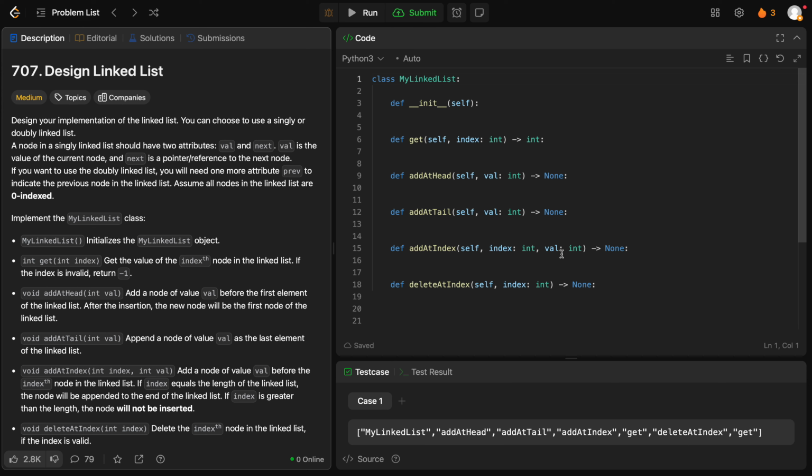Welcome back. In this video I'll be solving Leetcode problem 707, design linked list. Design an implementation of the linked list. You can choose to use a singly or doubly linked list. A node in a singly linked list should have two attributes, value and next. In a doubly linked list, it also has previous. Well, for this one I'll use